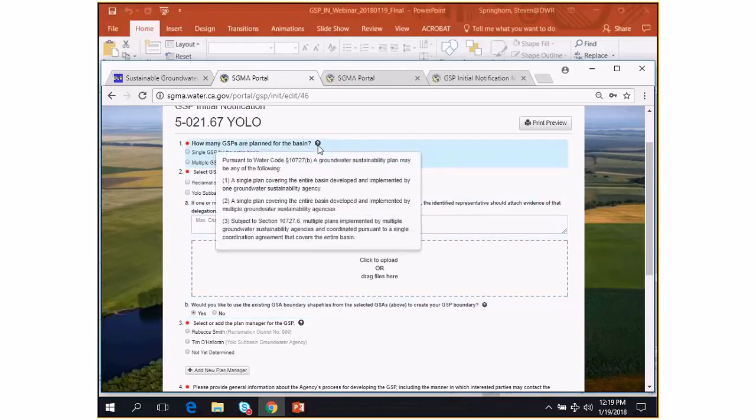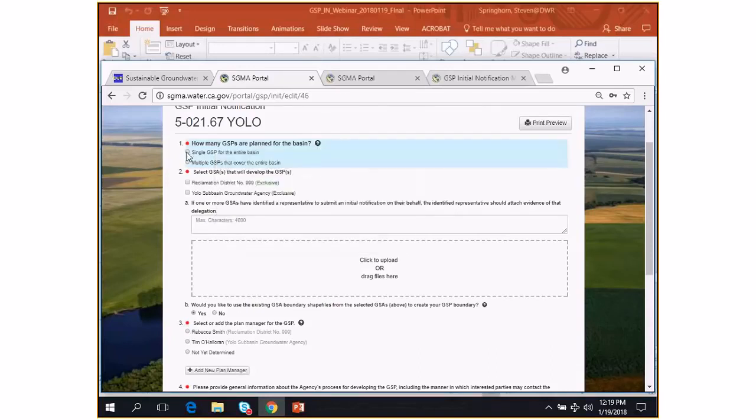We have some additional information here off to the side. If you highlight the question mark, it tells you information from the SGMA statute on the various options you have to develop GSPs, one or multiple. So if you click a single GSP for the entire basin,